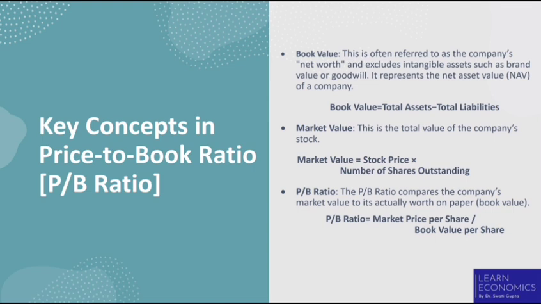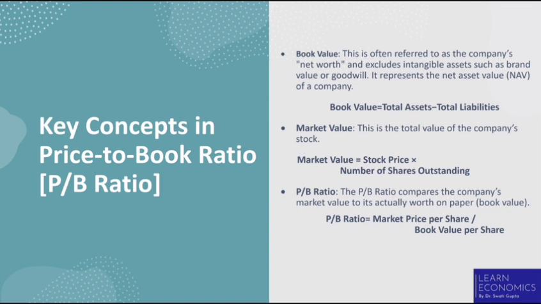What is total assets? All the resources owned by the company, such as cash, buildings, equipment, inventory, etc., come in total assets. Total liabilities are all the obligations or debts the company owes, such as loans, accounts payable, salaries payable, etc. The difference between both is the net worth that belongs to the shareholders.